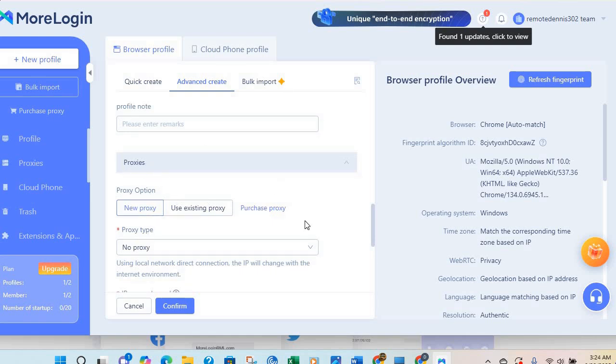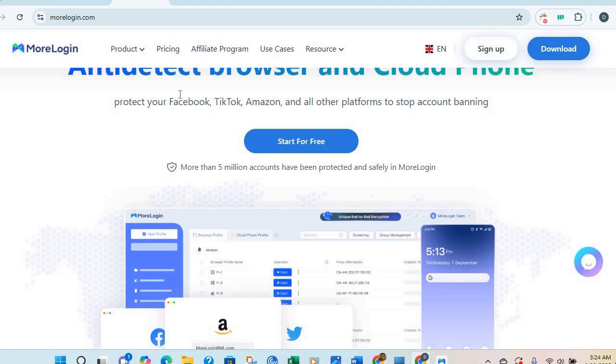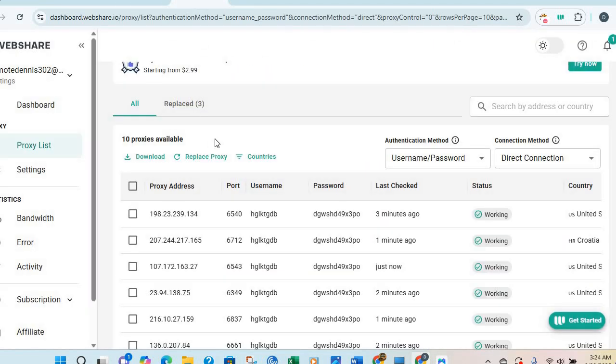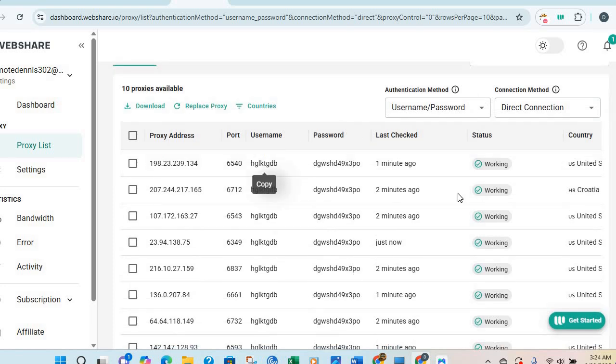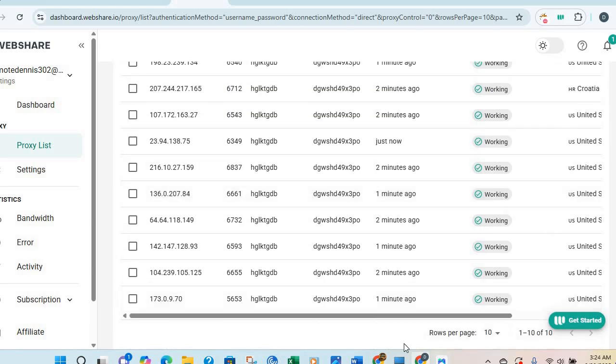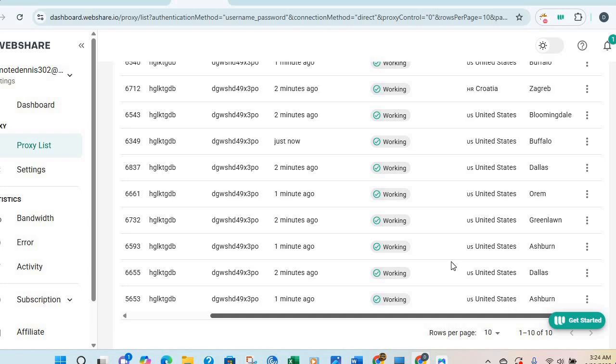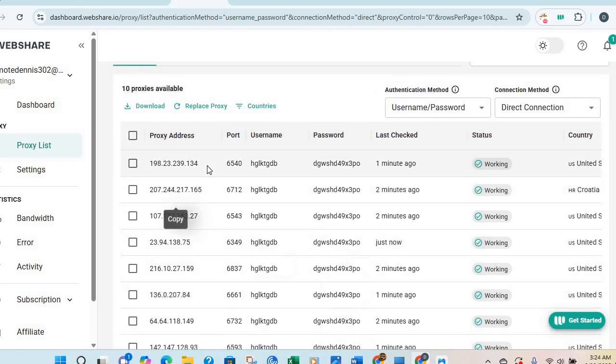Okay, so let's go ahead and utilize the free proxies from WebShare. Go ahead and create an account with them in case you still don't have an account with them. And when you've already logged in, just click on proxy list. Okay, you'll see 10 free proxies that you can utilize. Okay, so let's take one and set our profile. Let's take the first one,